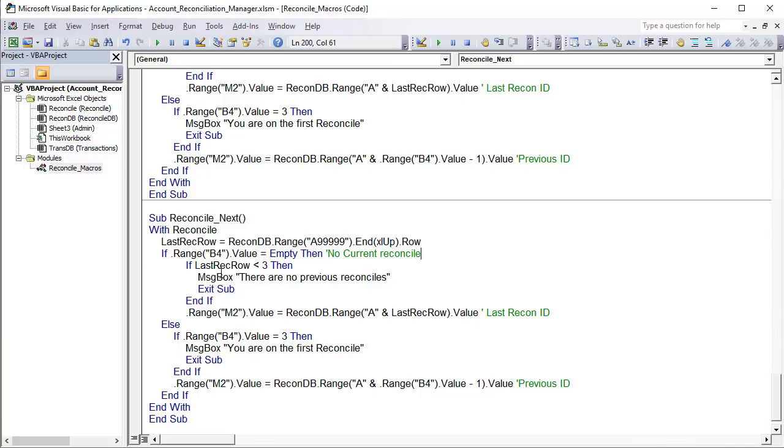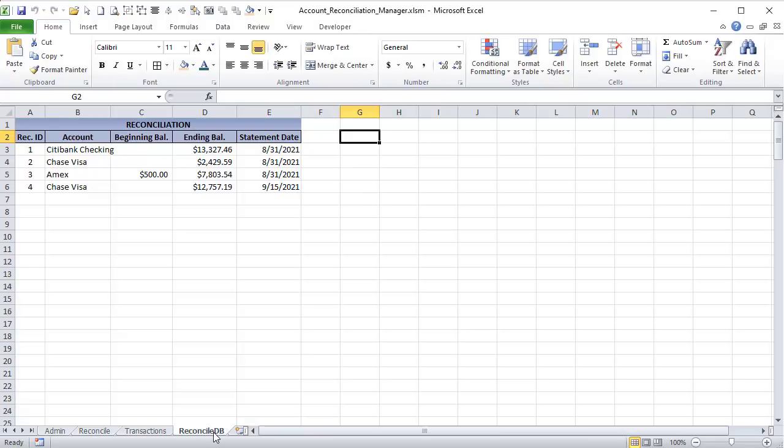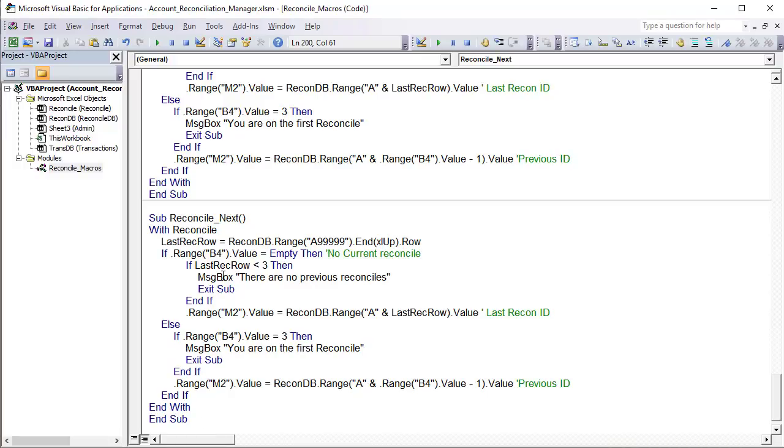Well, we know the first one in case there are, but basically, if there's nothing there, we're not on a current one, I want to show the first one, whatever's located in A3. But I need to make sure that A3 contains a value. If there's no data in this table, there's nothing we can do. To do that, we just need to check the last row. If the last is less than 3, we can just put in this one,